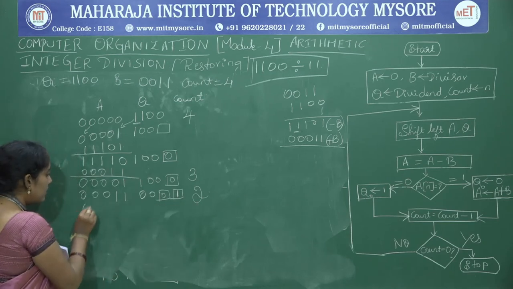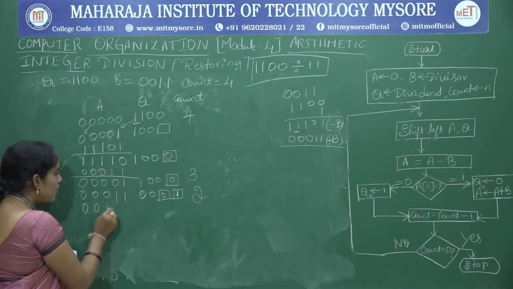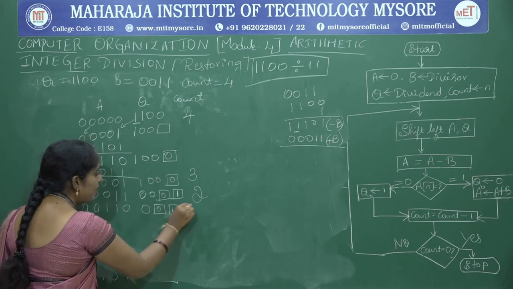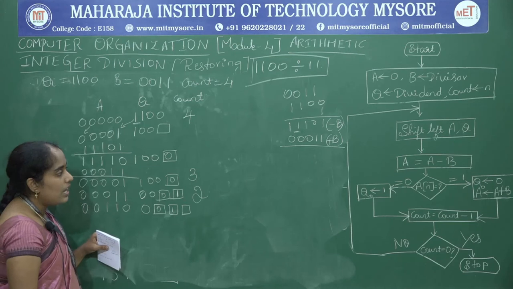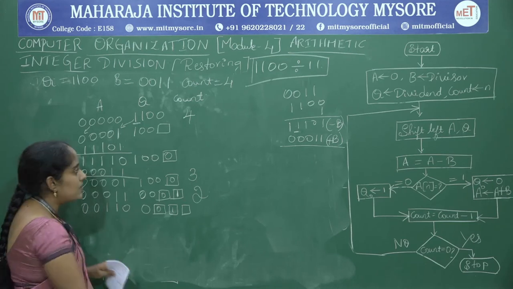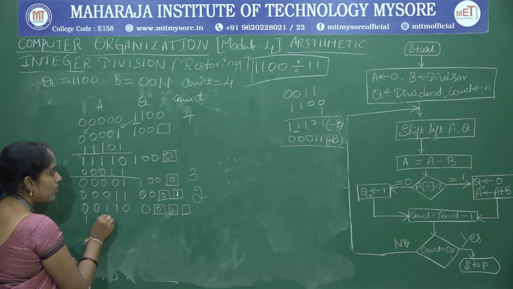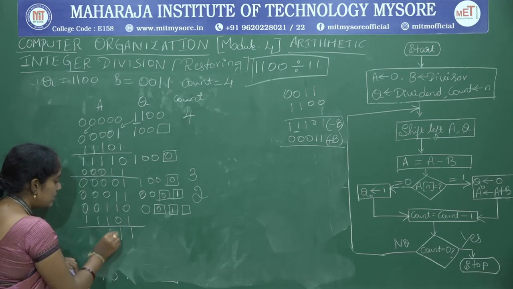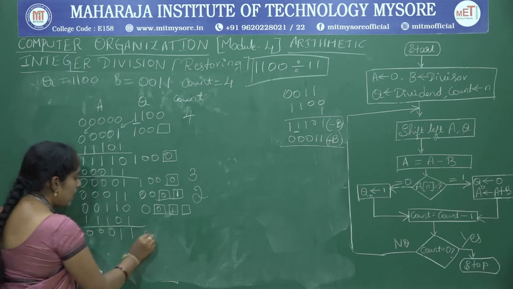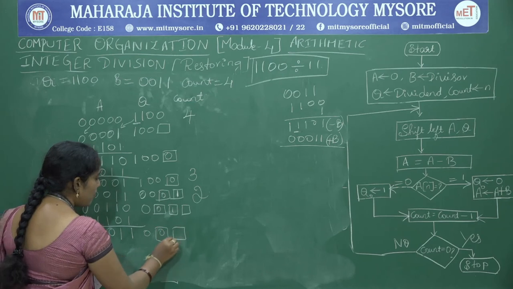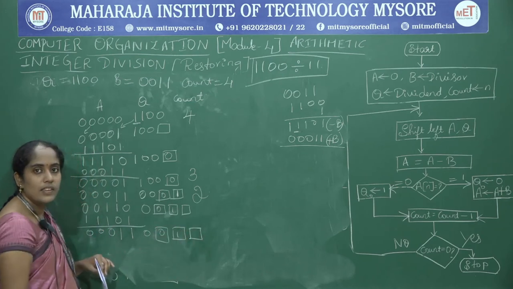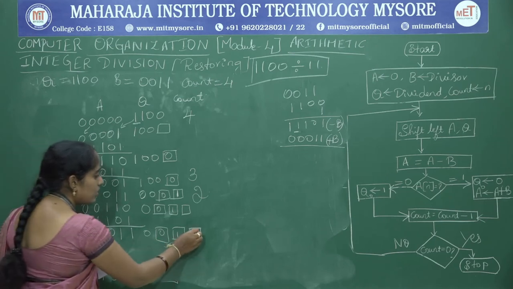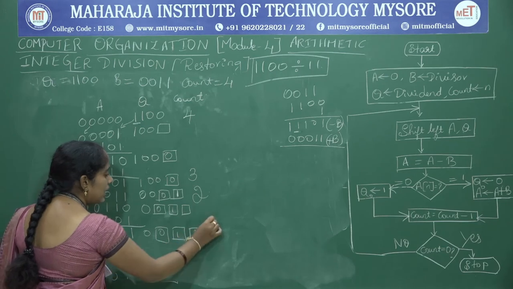So in the step 3, shift left, that is 0 0 1 1 0 0 0 1 and blank. Okay, now A is equal to A minus B, so that is nothing but 1 1 1 0 1. So answer is 1 1 0 0 0 and 0 0 1 and blank. Okay, now again Q0 is equal to 0, in that case set Q0 value to 1 and decrement the count value.